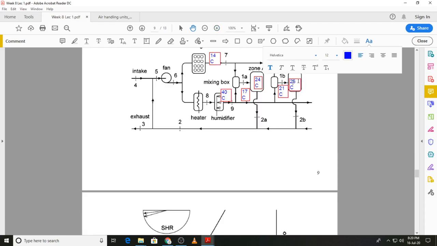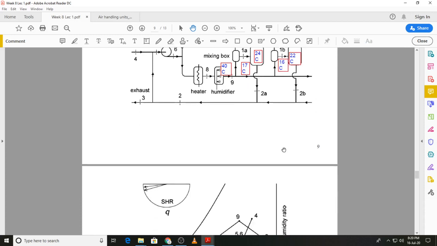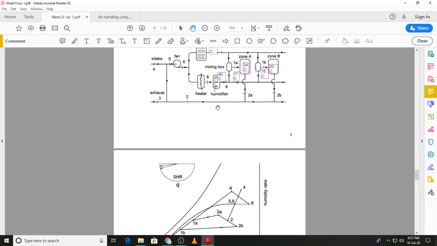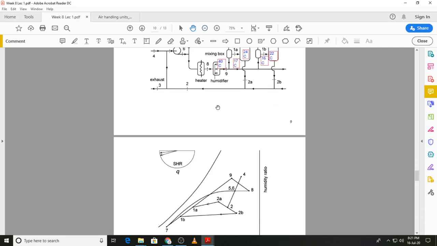Let me change this value so that it is in line with the psychrometric diagram, and this will then be, let's say, 15 degrees C, or let's say 16 degrees C. Okay, now if you look at these two values over here, they are consistent with the diagram that is drawn